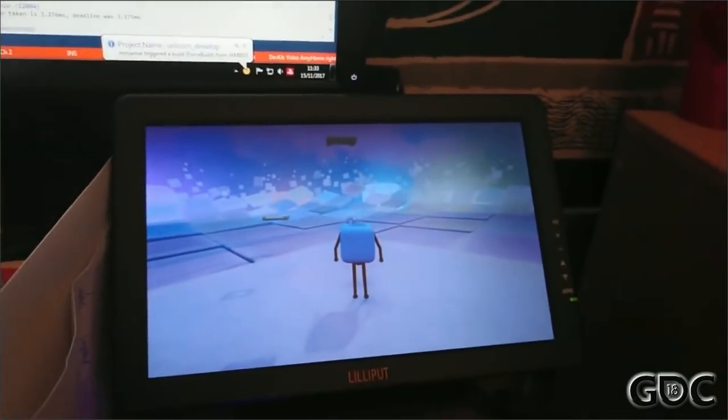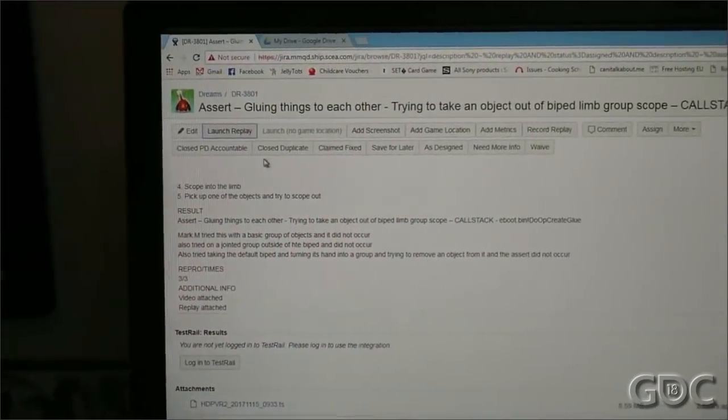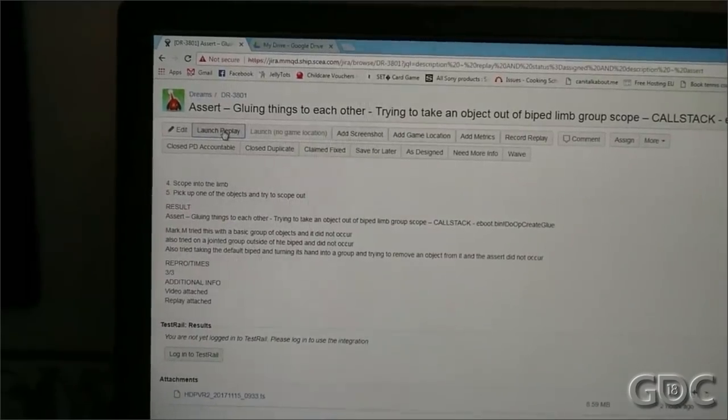So I start off with Dreams booted up in a debugger on my dev kit. Then when I go to a bug in Jira, which has got a replay attached to it, I get a button at the top, and this button is added by the Chrome extension.